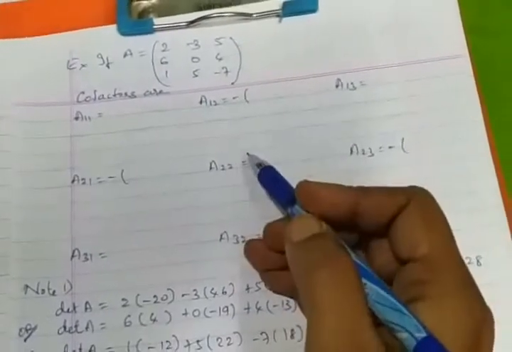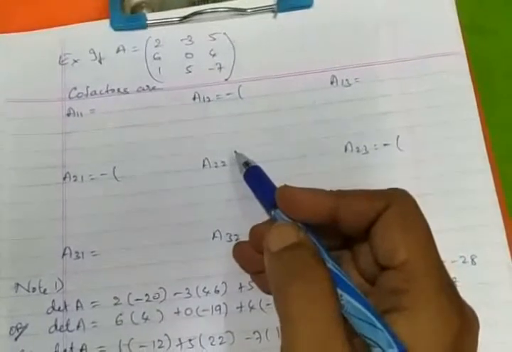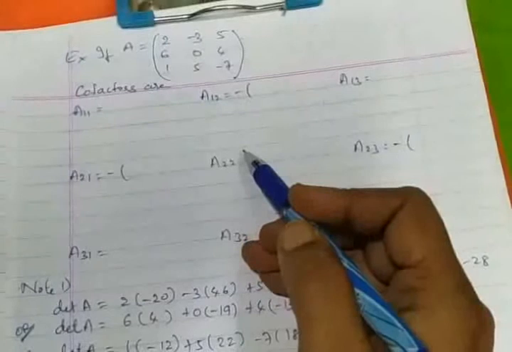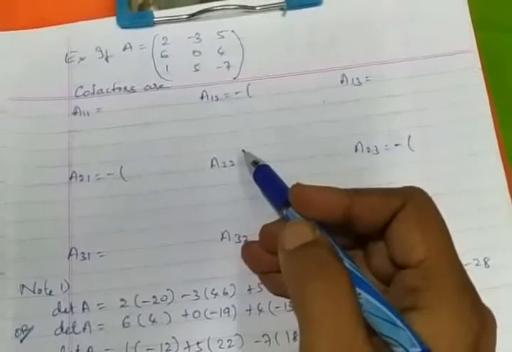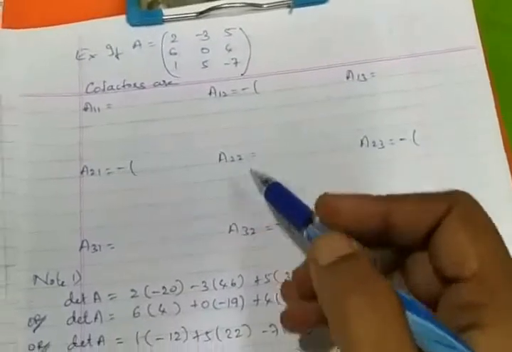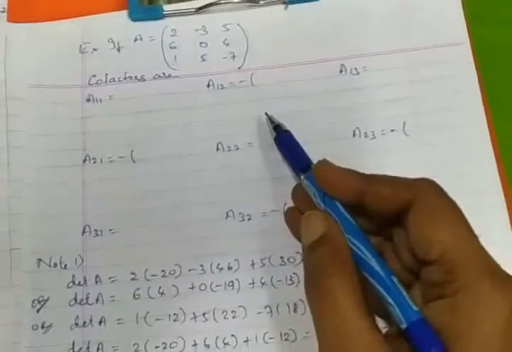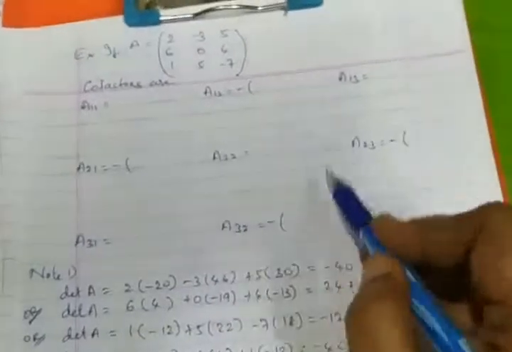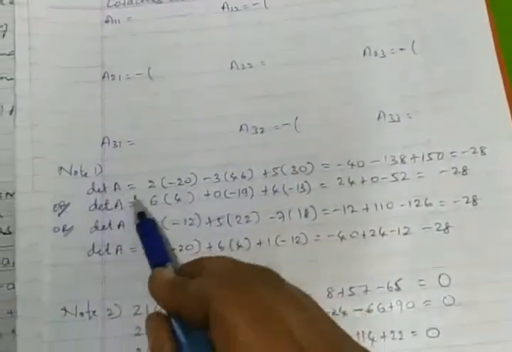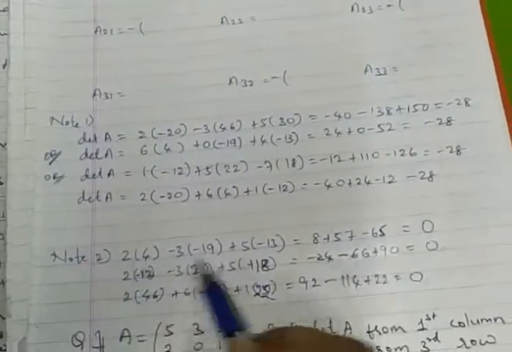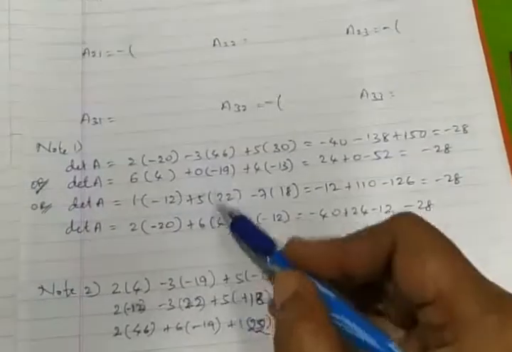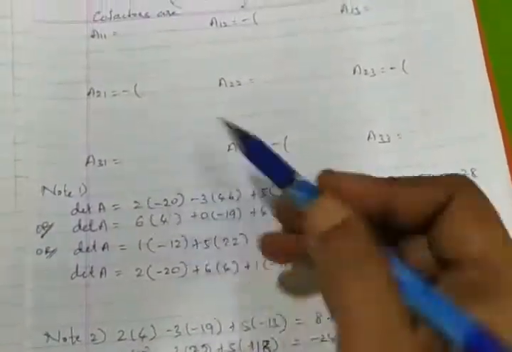And this method I'm highlighting here because it will be highlighted once again in solving linear equations. That is the last exercise of this chapter 4.6, where a 5 marks question will be discussed. So let's go for this method also. After finding the cofactors, I will come back with note number 1, how to find the determinant value, and note number 2, which speaks about something special, 0. But these two notes can be discussed only based on cofactor.